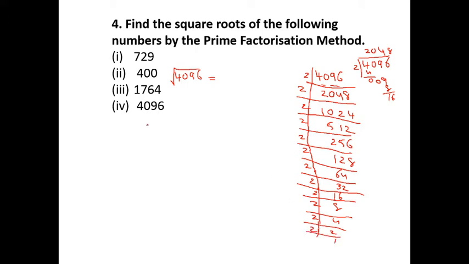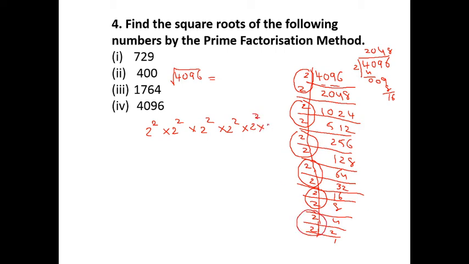So how many times do we have to write 2? To the power 2, we make a round. Again 2 to the power 2, second round. Again third round, fourth round, fifth round, sixth round. So how many times? 1, 2, 3, 4, 5 and 6. So I have to write it.